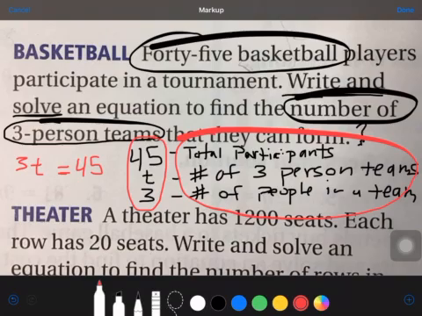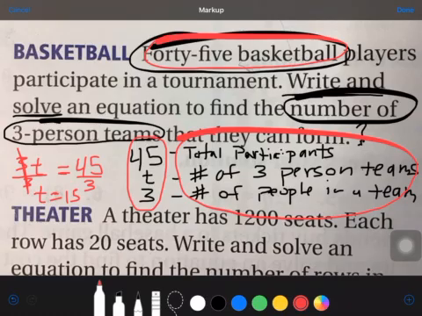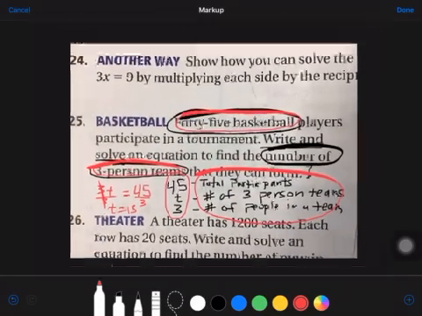So what are we doing to the variable? We're timesing it by 3. So to get rid of it, we're going to divide by 3. These are going to cancel out. I'm going to be left with t, and 45 divided by 3 equals 15. So does that make sense for my problem? Well, if I have 45 basketball players and they're on 3-person teams, I would divide 45 by 3, and that would give me the total number of teams that I could have. So that works. All right, so let's look at another word